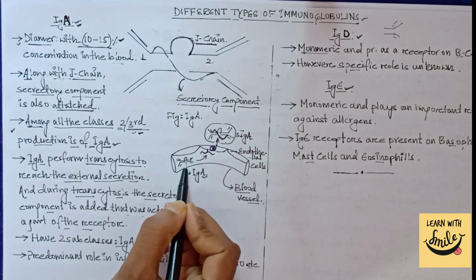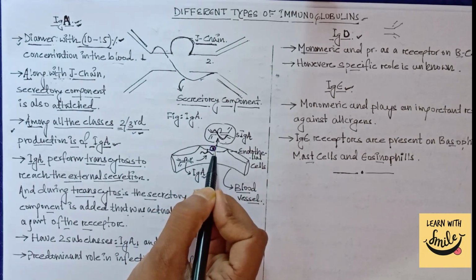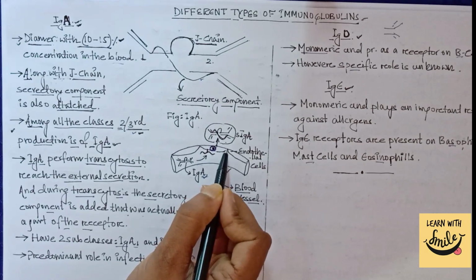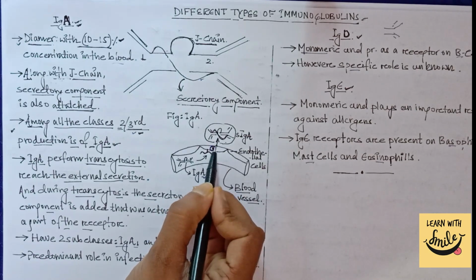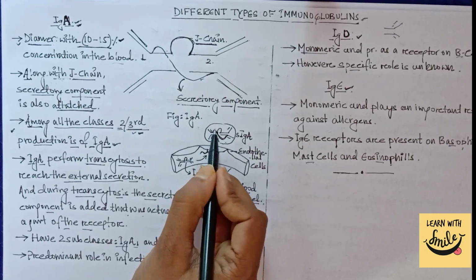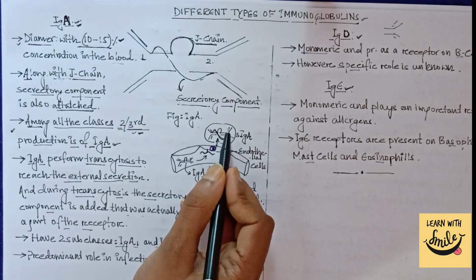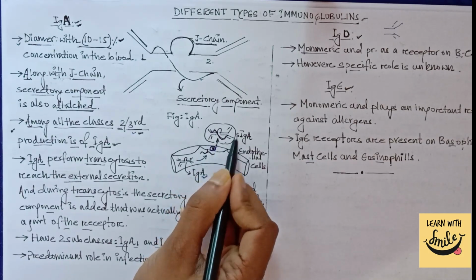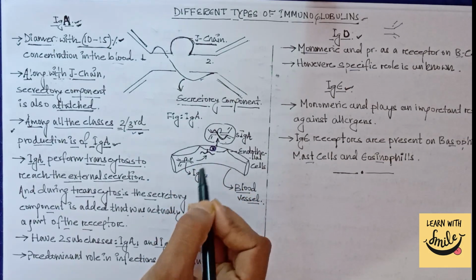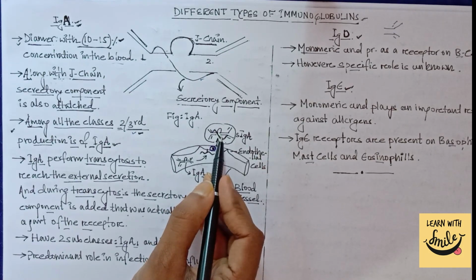That is, first step, the immunoglobulin A will interact with the surface receptor, then it will perform phagocytosis. Via phagocytosis it will move within the endothelial cell, but it needs to move out, so this endothelial cell will perform exocytosis and will transport the immunoglobulin A along with the receptor via which it interacted at the initial stage to the outer environment in a protective vesicle. Now this is how immunoglobulin A gets transported from the blood to the external secretion